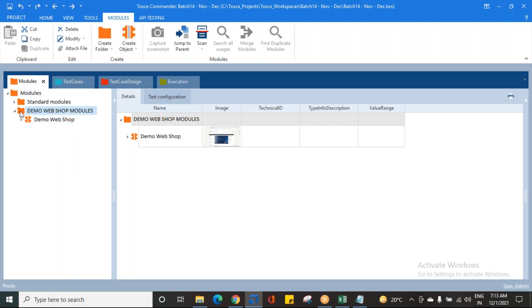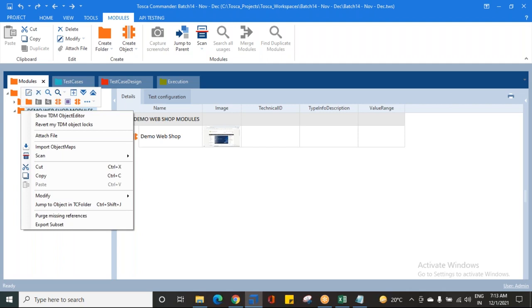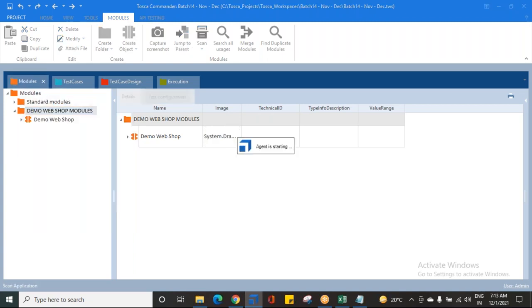Again, I will try to recreate the same module, but I will tell you with the properties. So how do I do this? Just give a right click wherever you want to create a module. You can see an option called scan. Scan the application. So if you just click on scan the application, now you can see the agent is starting